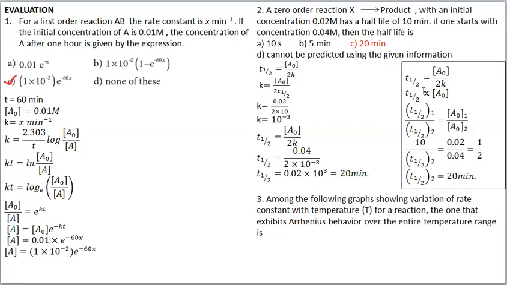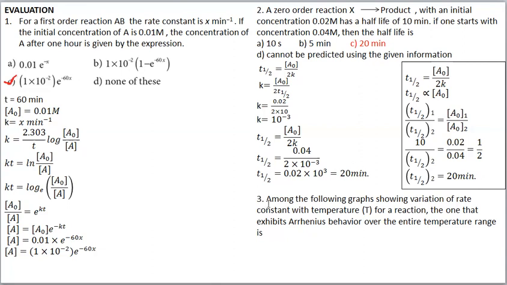You see, T half 1, first experiment, is how much? 10. Okay, initial concentration in the first experiment 0.02. Second experiment 0.04. We want to find out this value, T half 2, how much. Okay, so these two we can cancel. You see here 1 we will get, here 2, 1 by 2. Then for T half 2, this 2 comes here. Okay, on rearranging, we'll get T half 2 equal to 20 minutes. Okay, so any one method we can follow.